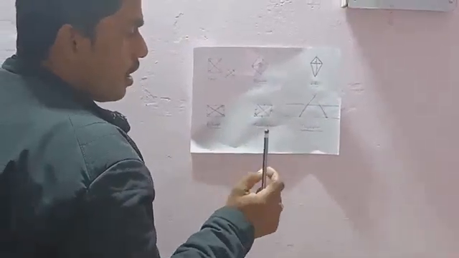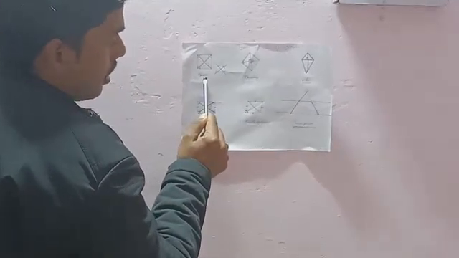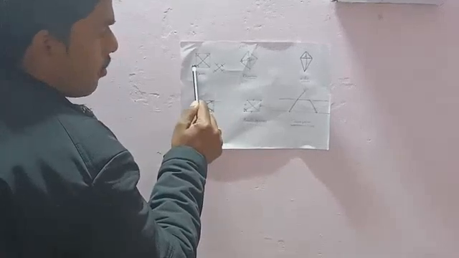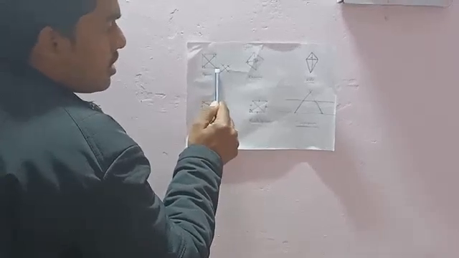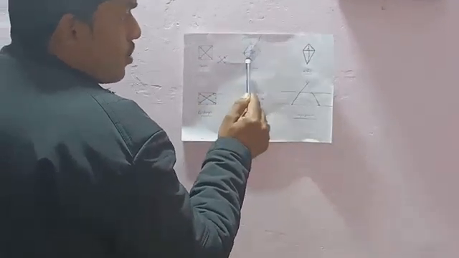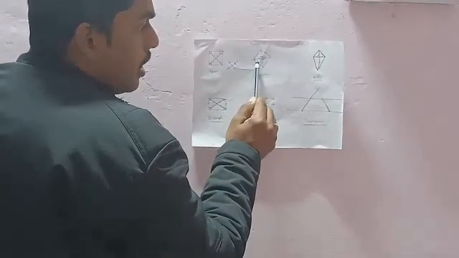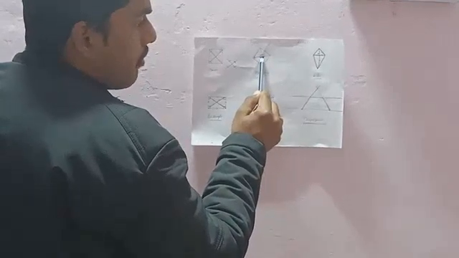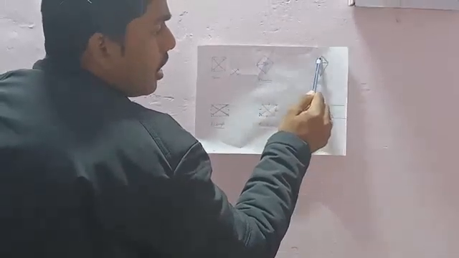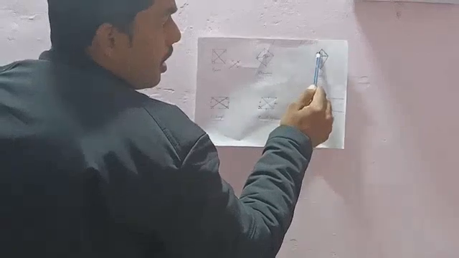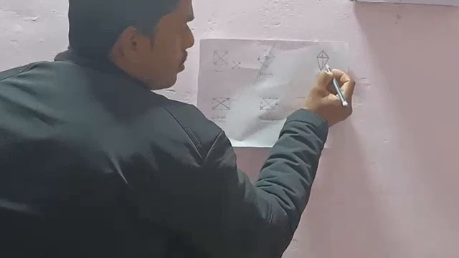Again, we can take a quick recap. In a square, all the sides are equal, all the adjacent angles are 90 degrees, and the diagonals bisect each other. In a rhombus, all sides are equal, but the adjacent angle is not 90 degrees, but the intersection point has 90 degrees. Similarly in a kite, the intersection point of the diagonals has 90 degrees, but adjacent sides are equal. This one is equal to this one, and this is equal to this one.